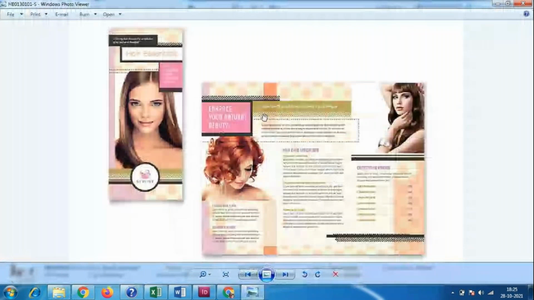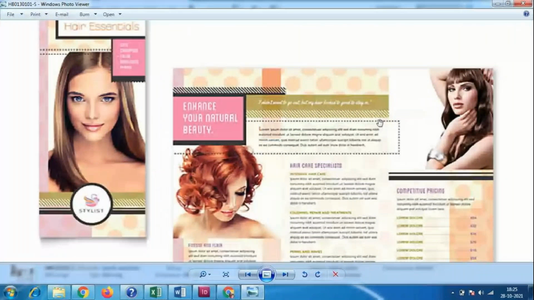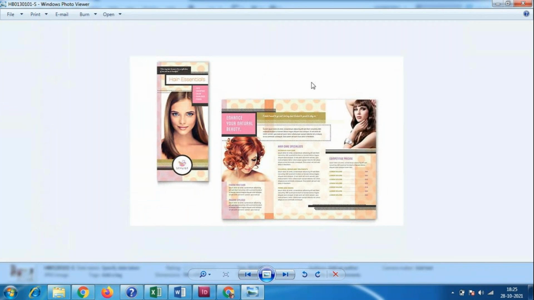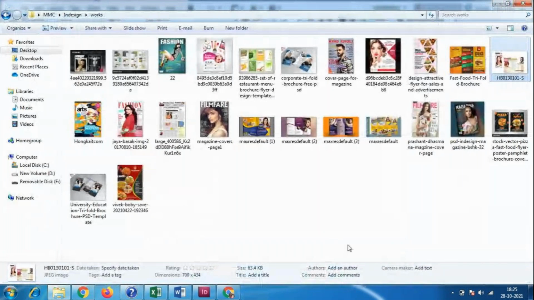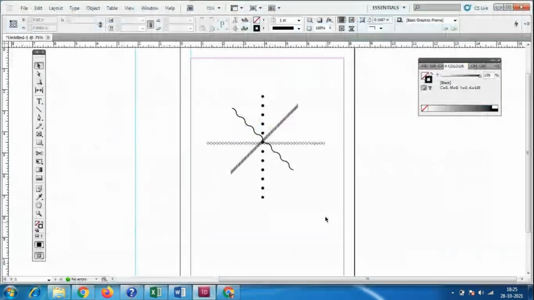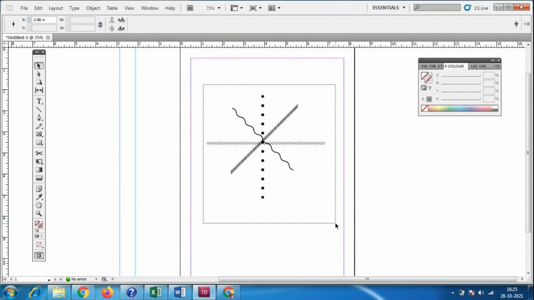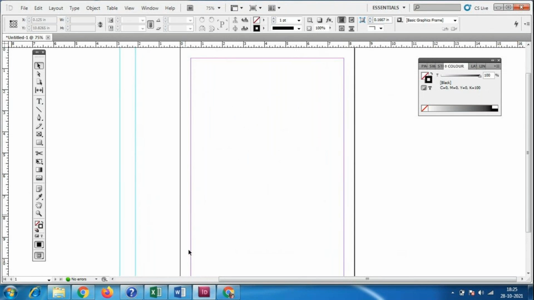See here, we used this kind of box, and here only the line has the designs, so they added the line. So this kind of design is what we have to make. When we have to create only line designs, that time we use this option. So that is the line tool.